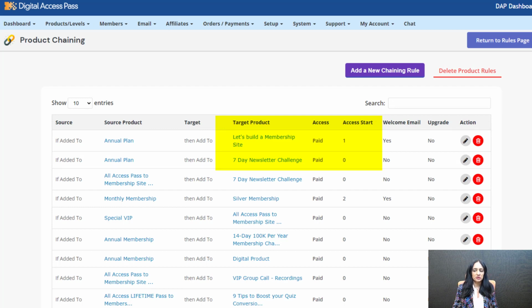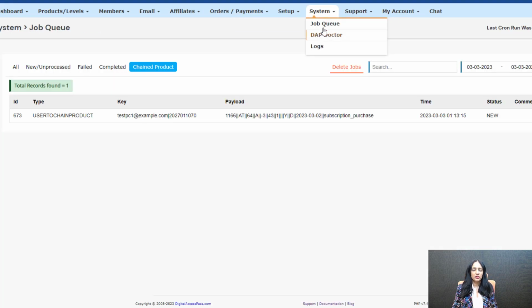So one more thing you can do is go to DApp System Job Queue. Here, under the chained product, at the top you can see there is a chained product tab. You will see all the pending jobs, right? I gave the user access to this product, to the chained product. So there is a job here sitting in the job queue waiting for the cron to run. And when the cron runs at the top of the hour, this user will automatically receive access to this product,